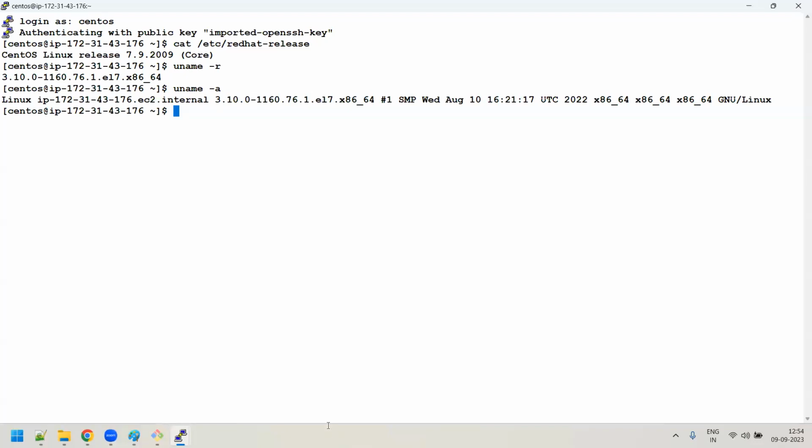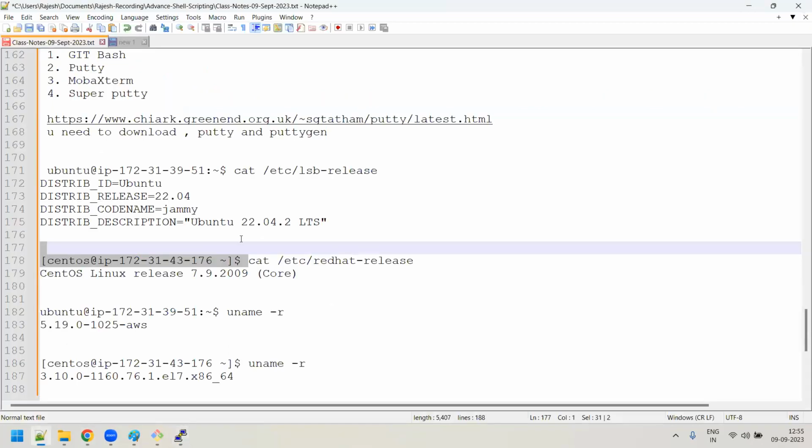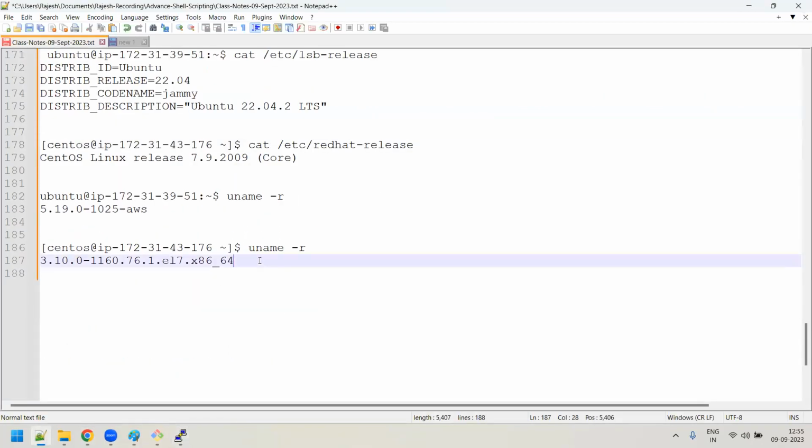Okay, guys. So now we have logged into these two servers, and we'll be executing all the commands and scripts under these two servers only. Clear? So this is all about how to log in. I expect you should have the accounts, and you please create the machine servers and practice everything. You need not go for a very high configuration. Go with a very basic configuration, because Linux can run on a very basic configuration also, so that you can practice everything, and you won't get billed. Because if you are under the free trial, it will be completely free. You can practice all your Linux concepts under the free trial itself.